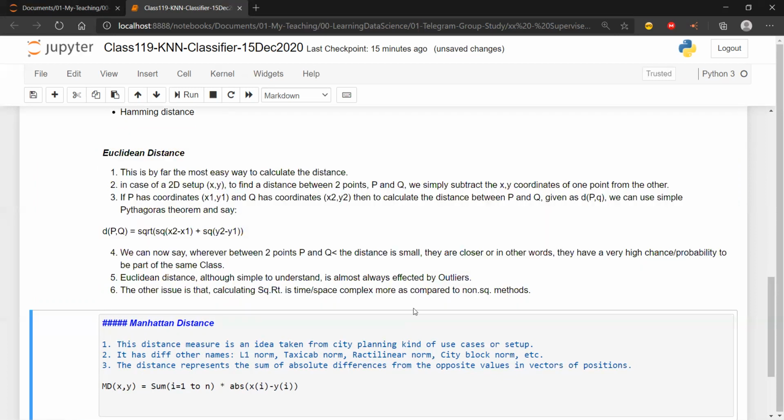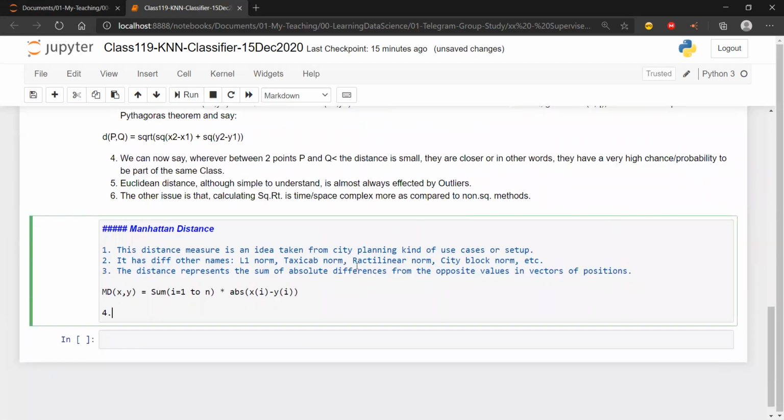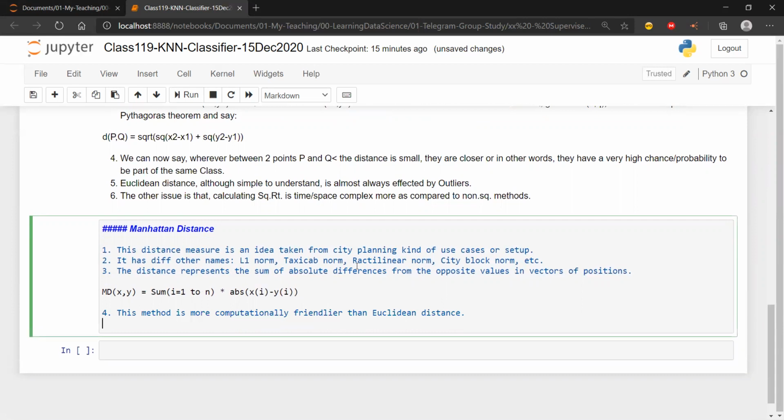Manhattan distance, where I'm not calculating the square and square root, is computationally friendlier than Euclidean distance.